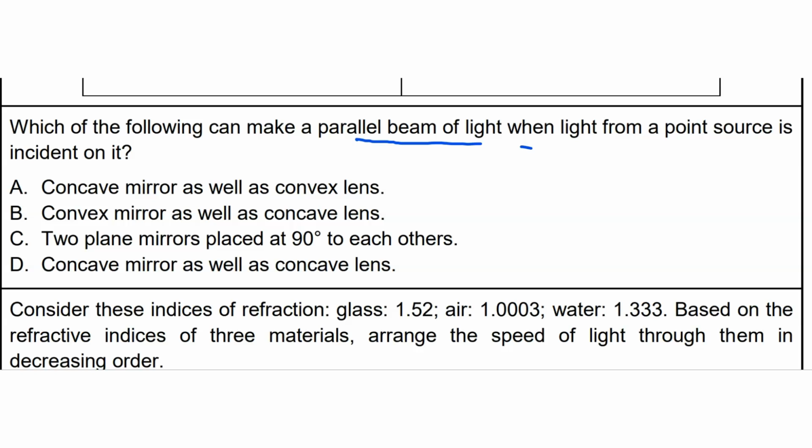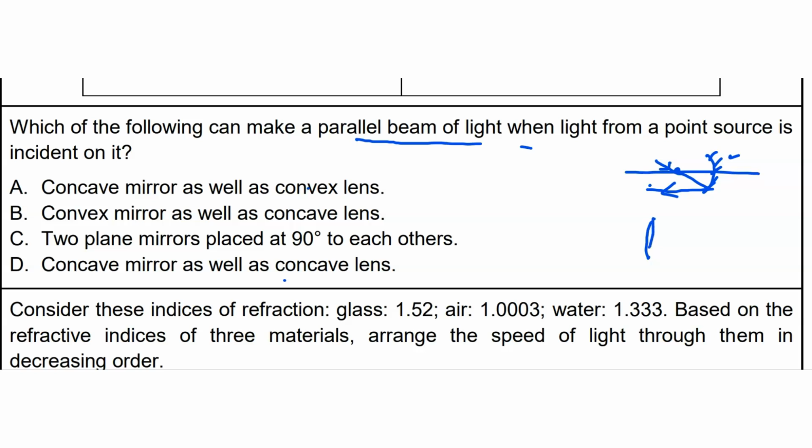First let us take the option concave mirror as well as concave lens. Let us see whether this condition is obeyed. Let us take a concave mirror and a point source is kept. Let us keep the object here, at F. So light from a point source at the principal focus, what happens? After reflection from the mirror, it emerges parallel to the principal axis, right? Like this. So it will emerge parallel. So this option is correct. The concave mirror is correct. So the answer has to be between these two, right? Okay, and then let us see the convex lens.